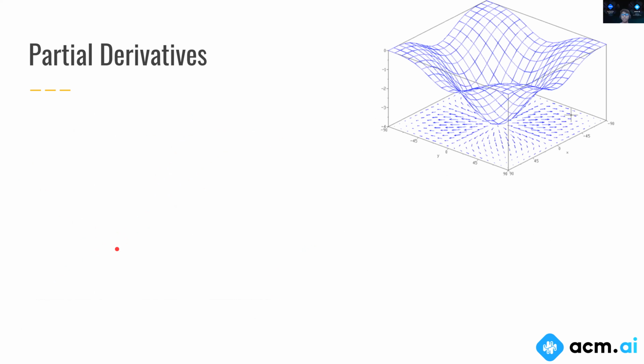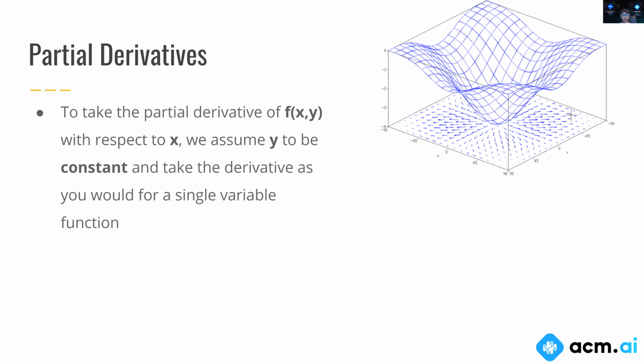So now we're going to extend this idea to partial derivatives. In the multivariable case, we have a function that depends not just on x, but on x and y. That's why it's called a multivariable function, because there are two variables. If we want to find out how much f depends on x, we calculate this quantity known as the partial derivative. To calculate it, we take y to be constant and calculate the derivative as we normally would.